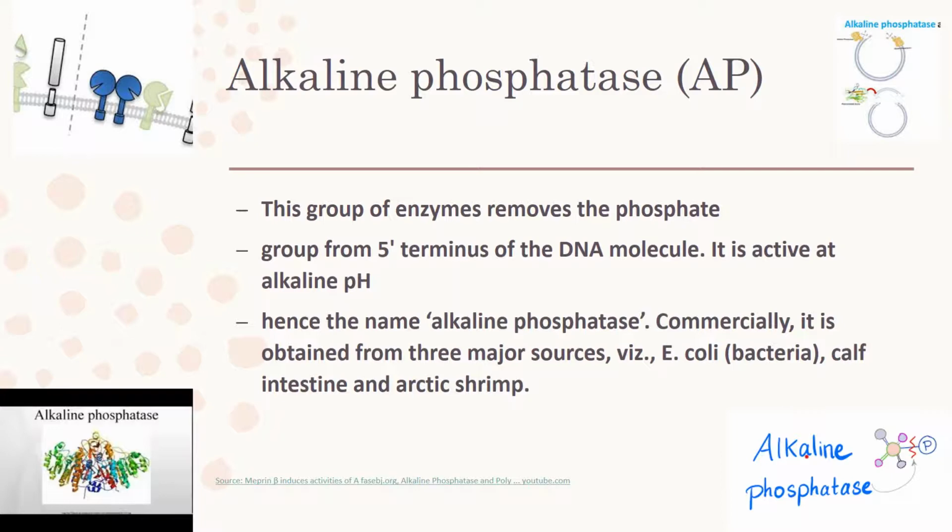Alkaline phosphatase is also an important enzyme. Suppose you are going to use a plasmid as a vector. We know what a plasmid is. Plasmid is an extrachromosomal genetic material in a prokaryotic cell. By using endonucleases, this plasmid can be cut. After cutting the plasmid, a linear straight molecule of DNA with one end 3' with an OH group and the other end 5' with a phosphate group is formed.